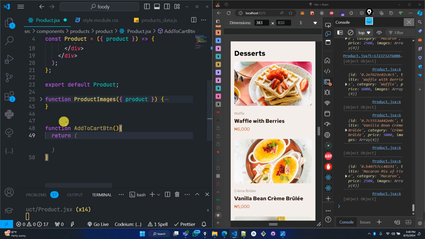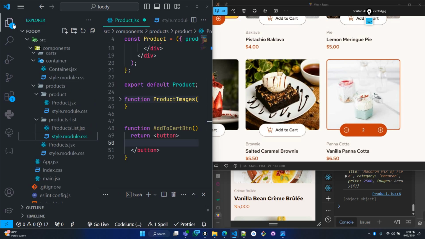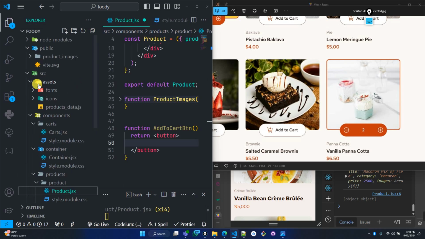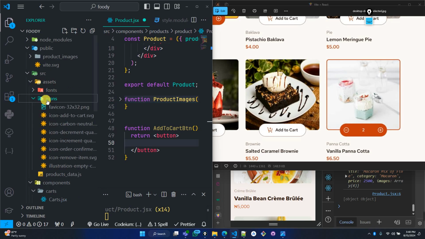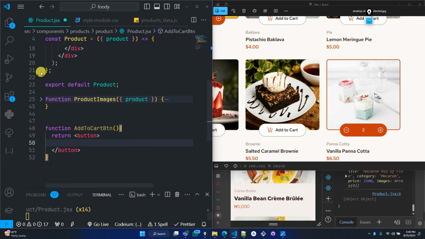So what do we need? We need to return a button. And inside the button, what is here? Let me bring out the design. Yeah, we have this icon, and we already have it in our project. So I can import this one. It is inside our assets, inside the icons, which is this add to cart icon. So I need to import it